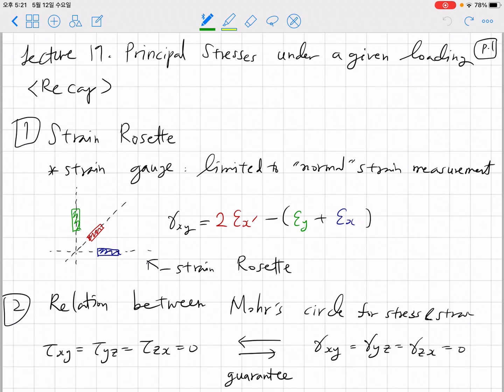So today we'll begin a discussion on a new chapter called Principal Stresses under a given loading. This chapter is about the application of the Mohr circle that we learned, and it combines all the knowledge we have discussed and learned until now. We're going to consider structures under combined loading, and based on the combined loading, we'll determine the maximum stress of the structure, and think about if the structure is reliable or not by comparing it to allowable